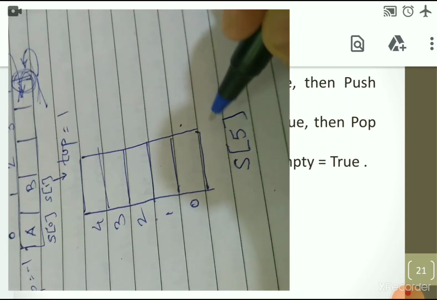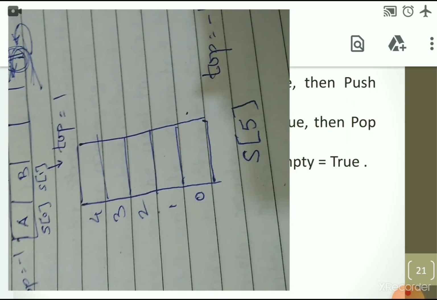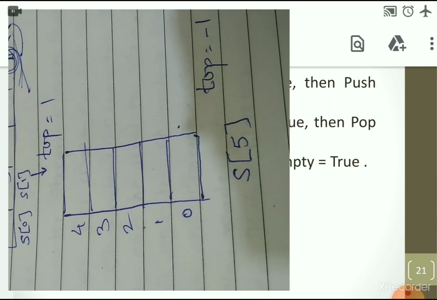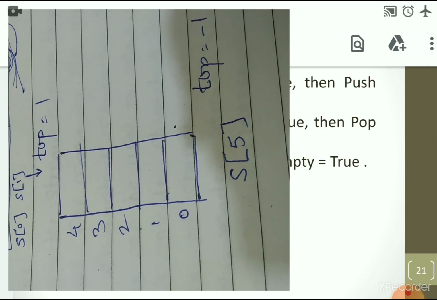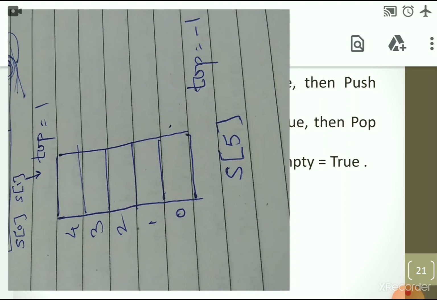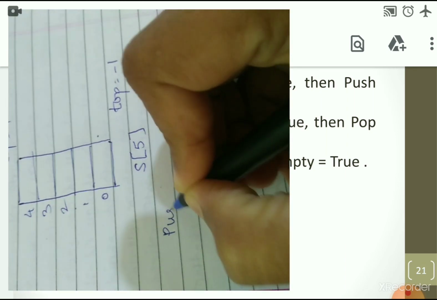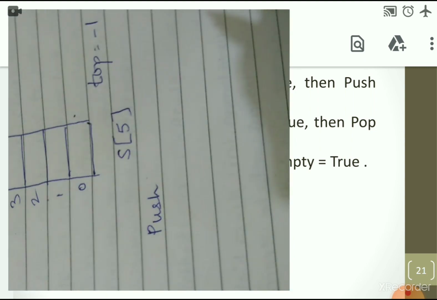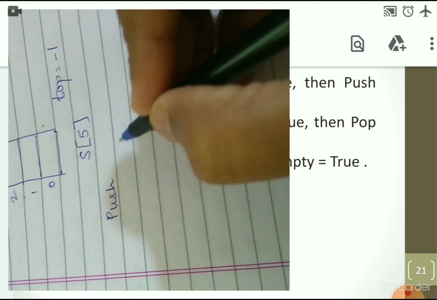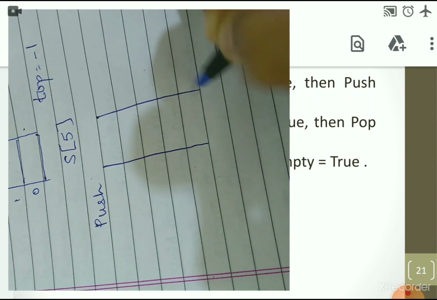Now when there is no element, top is equal to -1, that means this array is empty, there is no element. Top is equal to -1 means there is no element inside the array and the stack is empty. Whenever you want to insert an element, the insertion of an element is called push. So the operation is called push. When we are pushing an element, we have to give the value of the element also. I will show you how to push the element and how it is implemented.